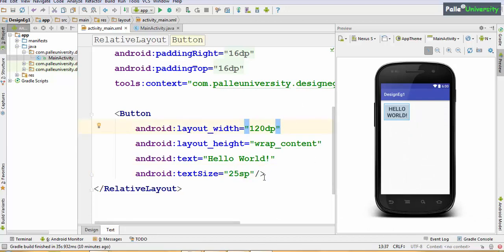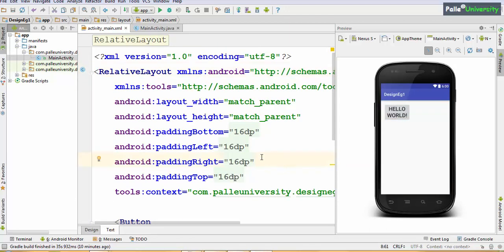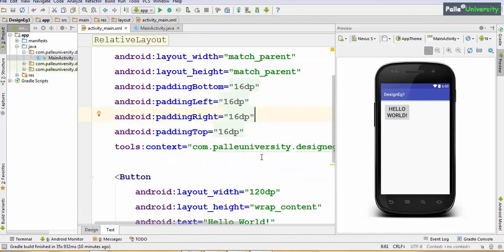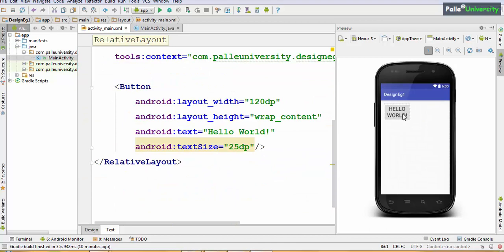Now let us see what's the problem if you use DP. Let us say I have used text size as DP. Now currently my text size is 25 dp. When the user runs the application on the user's Nexus S phone, your text size will look like this. If you observe carefully, the user can control font sizes by opening the settings application and going to font sizes, and the user can reduce or increase font size at any point of time. Now let us say currently the programmer has given button text size as 25 dp, but the user wants to reduce this. So what will the user do?